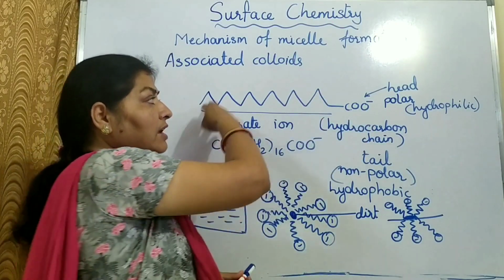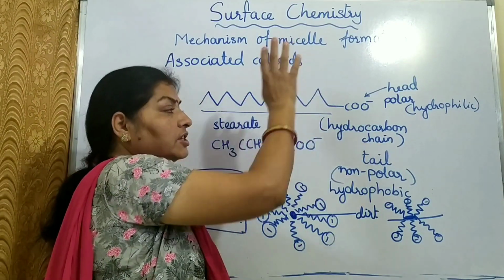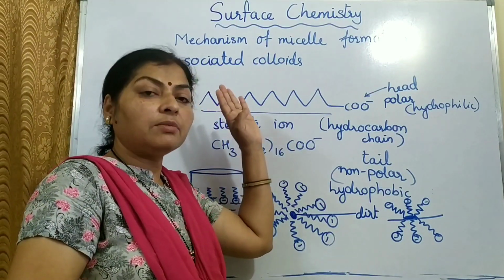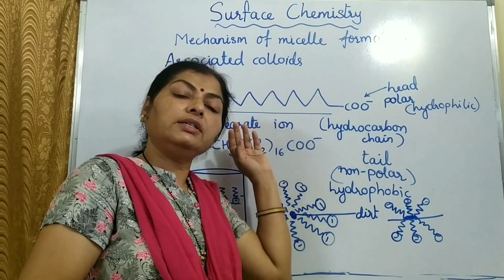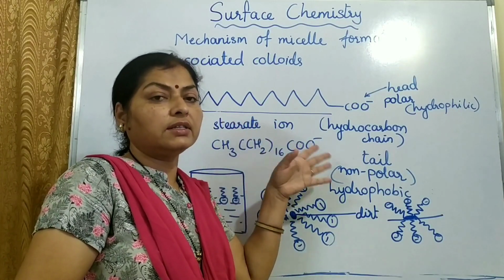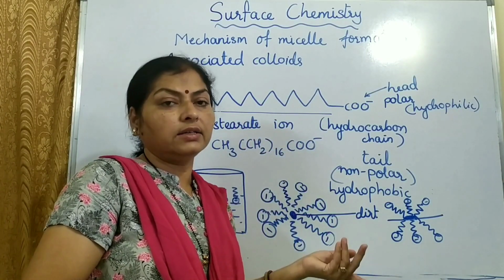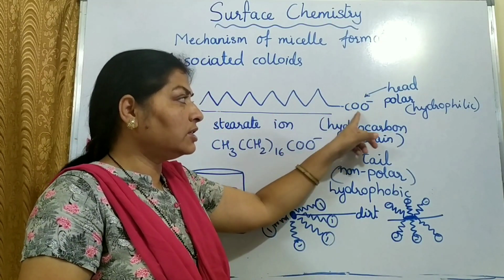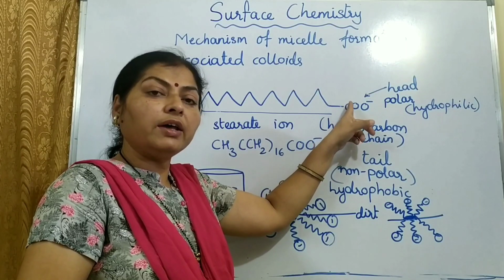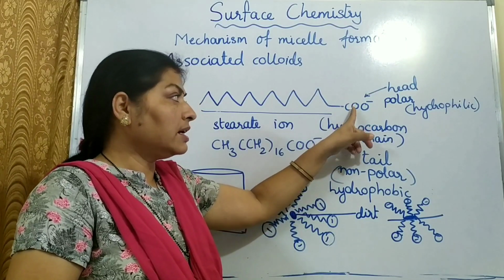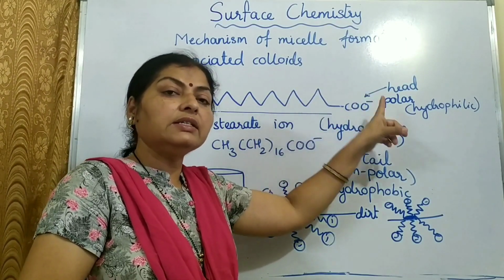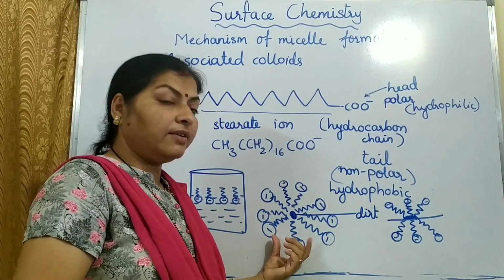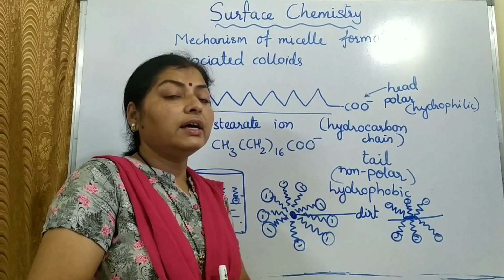Detergents also have a long hydrocarbon chain which terminates into a sulfonate ion. So the cleansing mechanism of soap or a detergent is the same. Only the difference is in the nature of the polar head. The head will be polar for detergents also, but instead of a carboxylate ion, there will be a sulfonate ion. That is the difference. Now let us see a small activity to understand the emulsification.